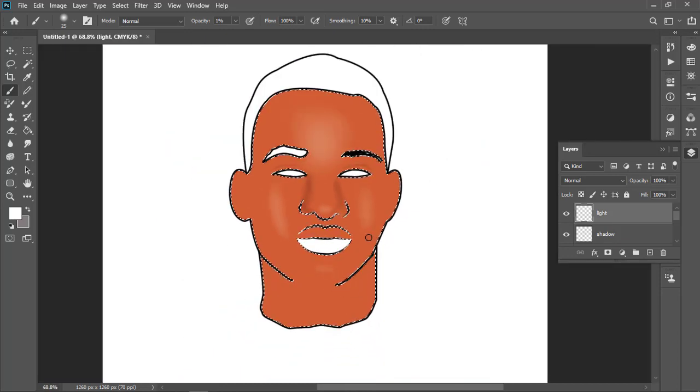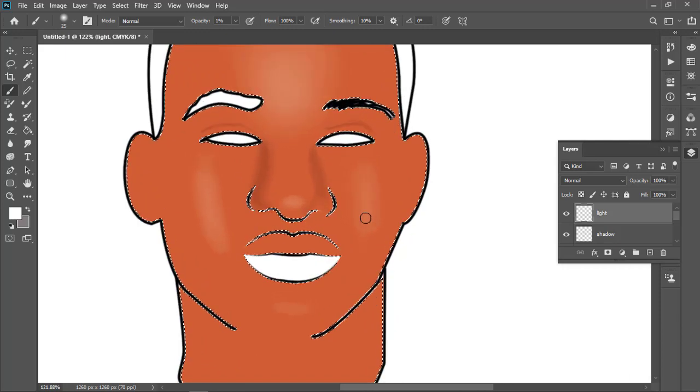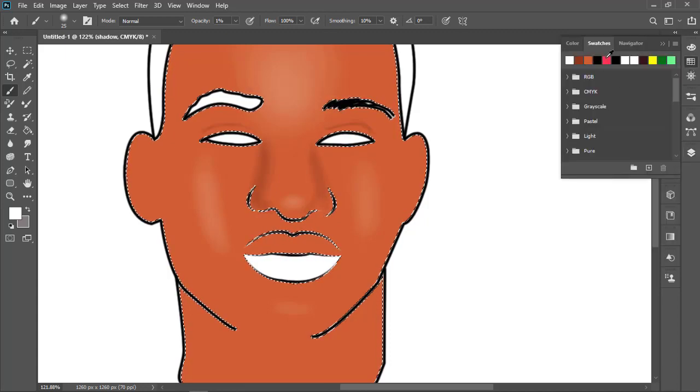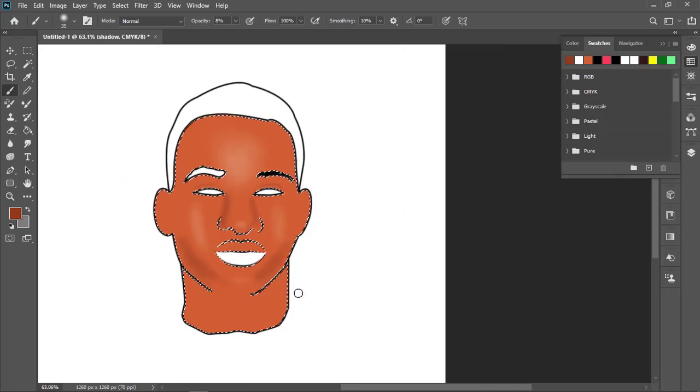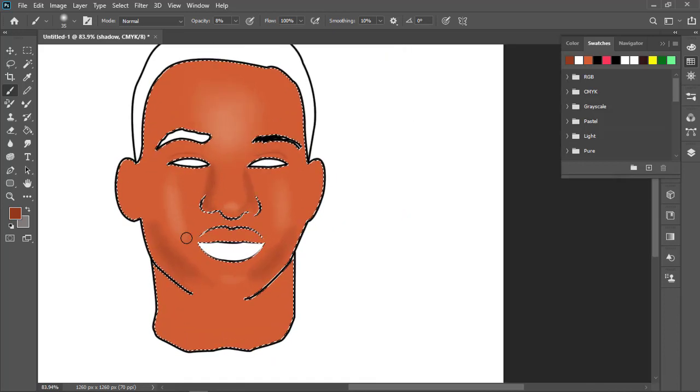Okay, if you feel like no, I need more shadow again, you will be just switching here. You go back to shadow, then you come to your color panels here. This is the shadow that you are using. You press on it, you reduce your brush, you change your opacity back even to 8 or 9 there, then you brush again, just like that. Just keep brushing. Once you see your expression on the face, you zoom back, then you see if it's good or not.